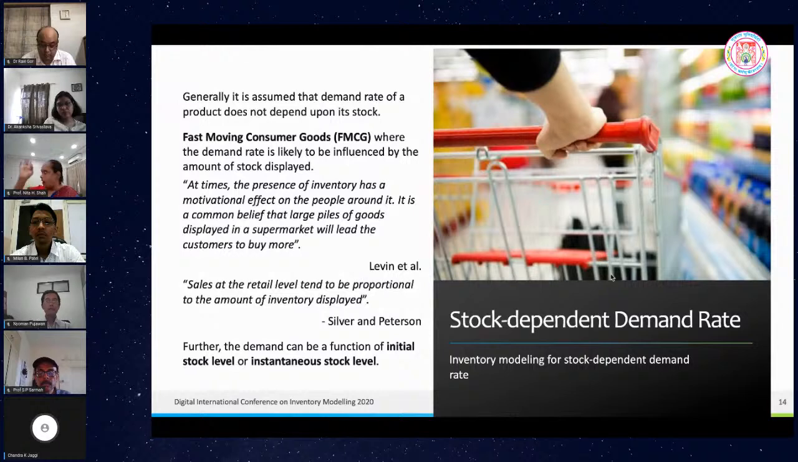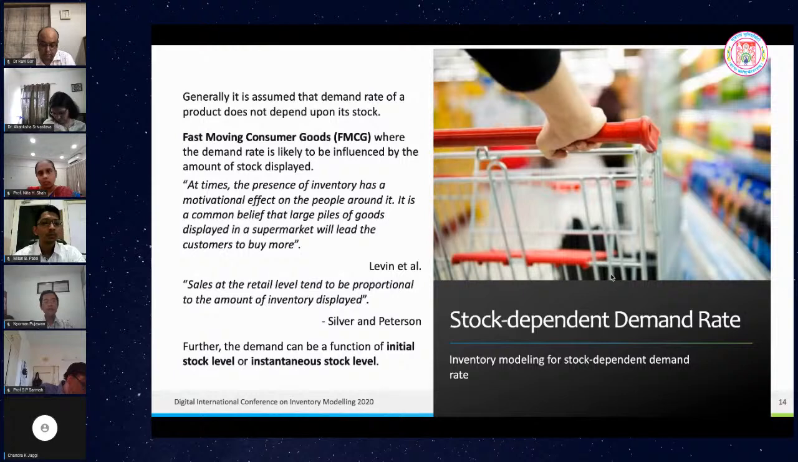Now here we talk about stock-dependent demand. What is stock-dependent demand? We all go to the malls and we experience that we were there to buy something else, but we end up buying something more, which was not on our list. That happens. And Levin has defined it: at times the presence of inventory has a motivational effect on the people